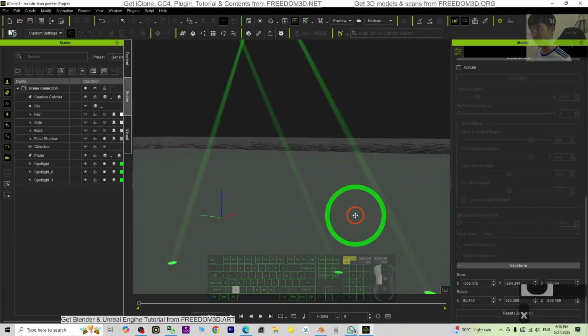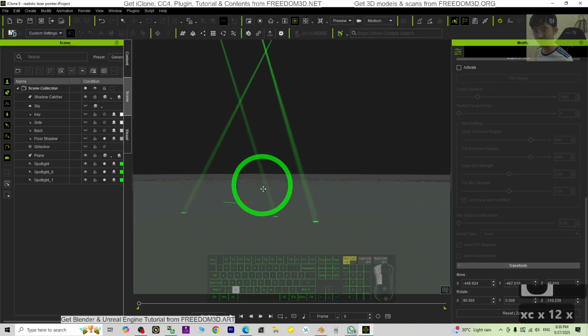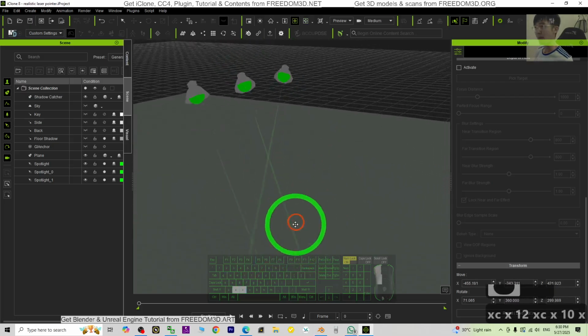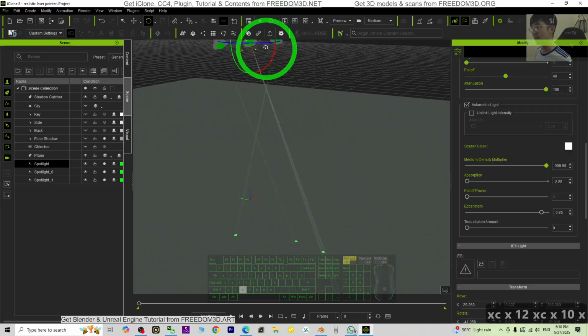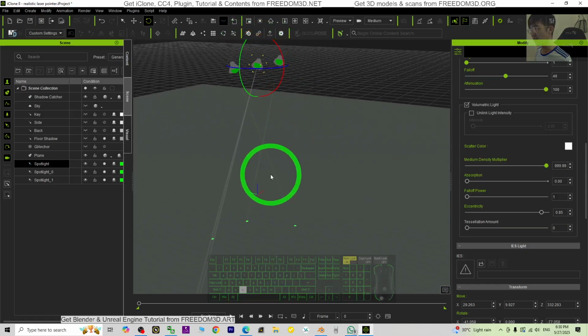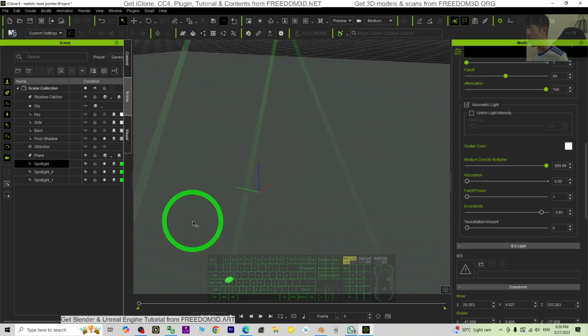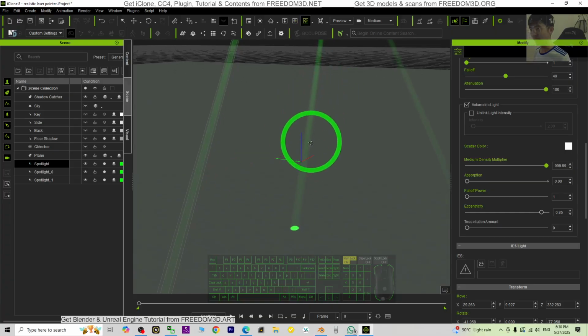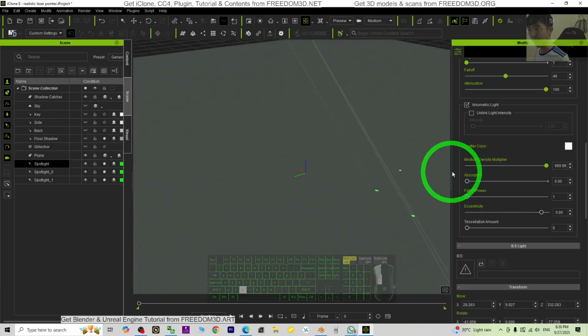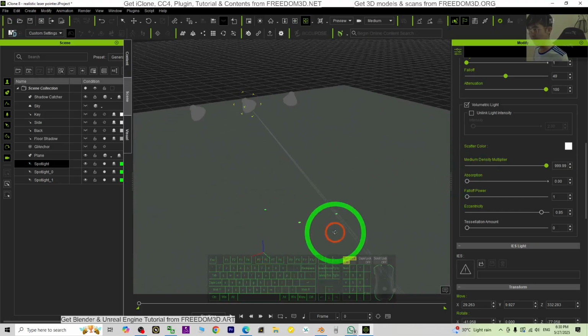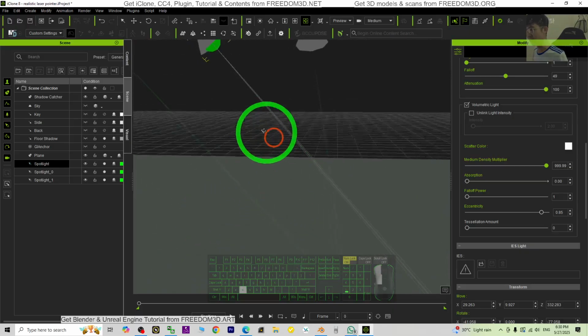Today I'm going to show you how to make the realistic laser beam in iClone 8. Now you can see I already made 3 laser beams. Then I can just control the laser beam, and for each of the beams you can see it really looks realistic. From different angles you can still see the beam. Let's say from here,